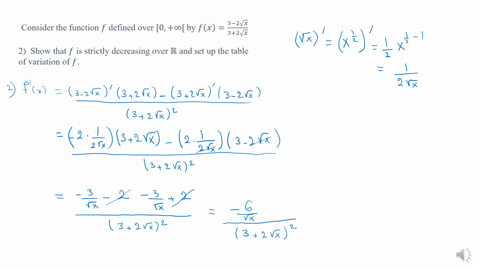Now radical x is positive, 6 is positive, 3 plus 2 radical x squared is positive. So minus 6 over radical x over 3 plus 2 radical x squared is